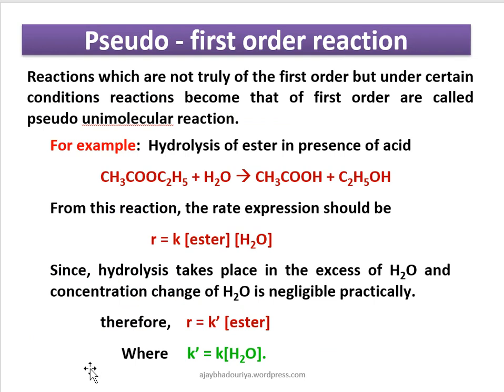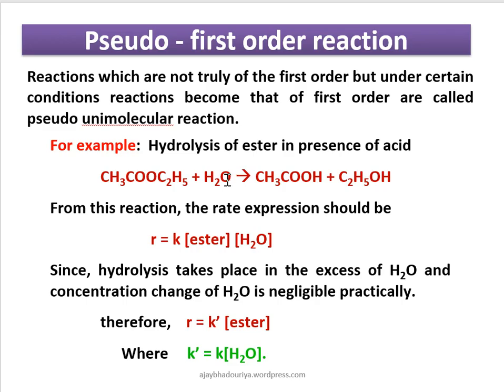And pseudo first order reaction. Pseudo first order reaction means the reactions which are not first order reactions, but under certain conditions become first order. So it is called the pseudo first order reaction. For example, hydrolysis of ester. When ester is hydrolyzed, it gives 1 mole of the acid and alcohol. And for applying